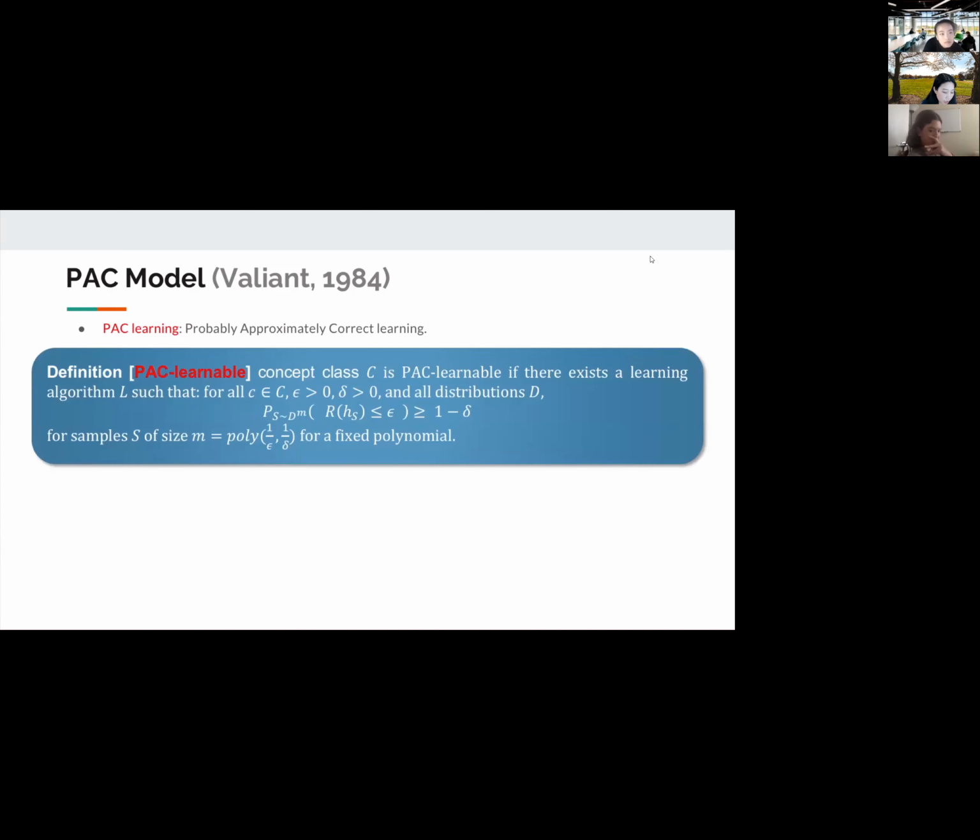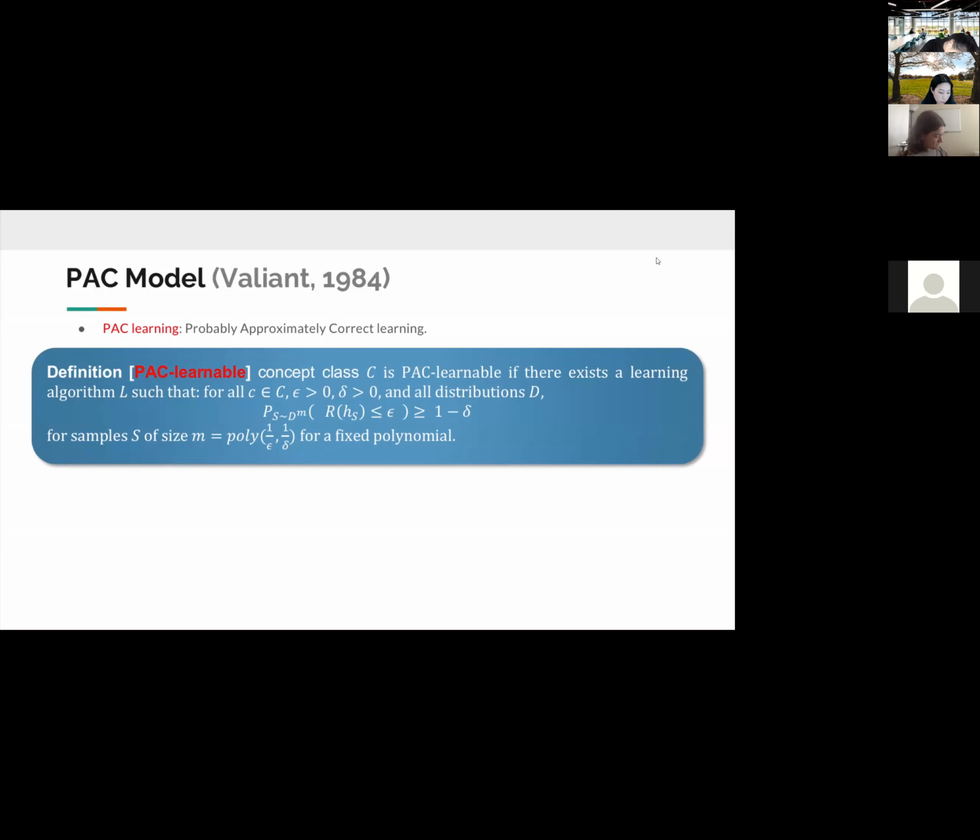Okay, so what is the definition? So what is the definition of the PAC learnable? If you have a concept class C, capital C, we say that is PAC learnable if there exists a learning algorithm L, okay, such that for all small c in C, so for all target concept in the concept class, for any epsilon greater than 0, delta greater than 0, and for all distribution D, this probability of R(h_S) smaller than or equal to epsilon